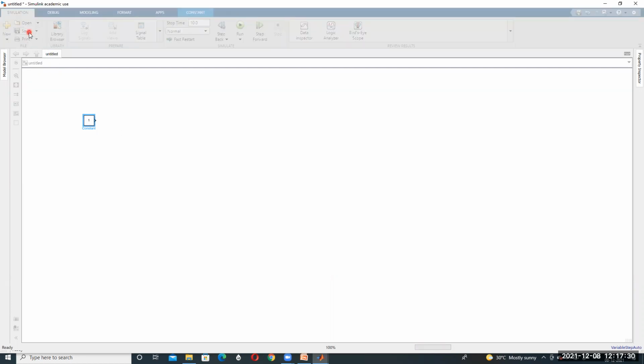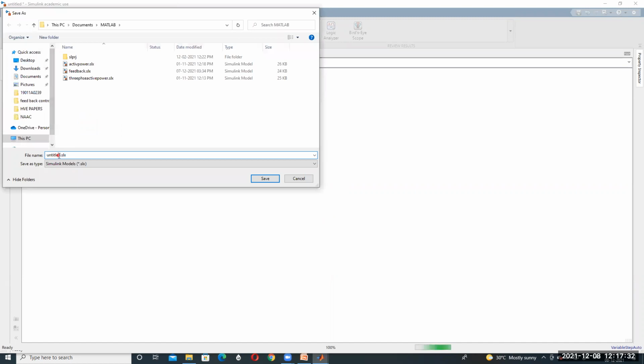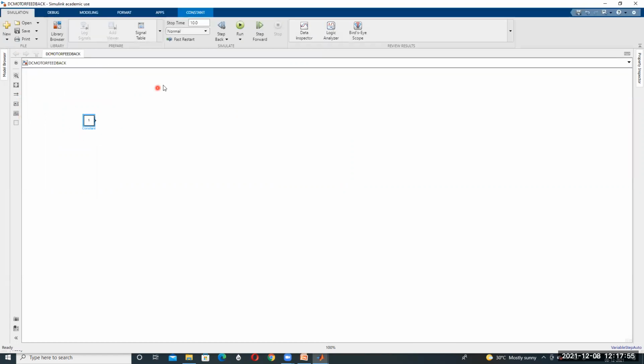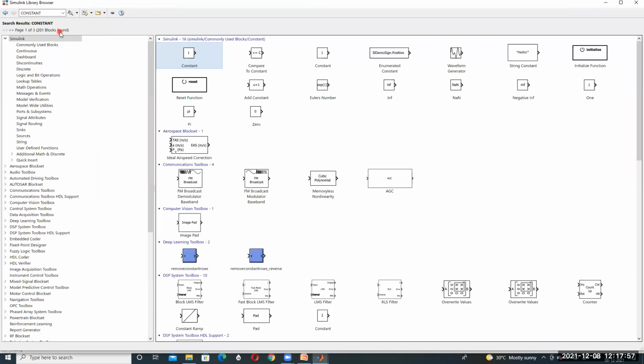Save this MATLAB model; here I'm changing the name to DC motor feedback. Then go to the library and place the constant, which is our input voltage of 160 volts.